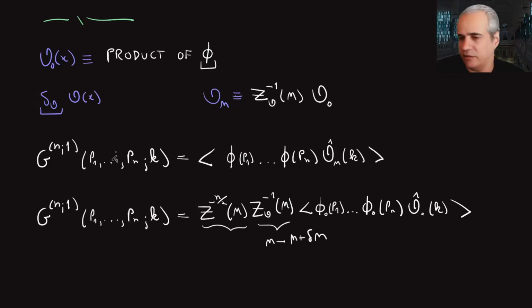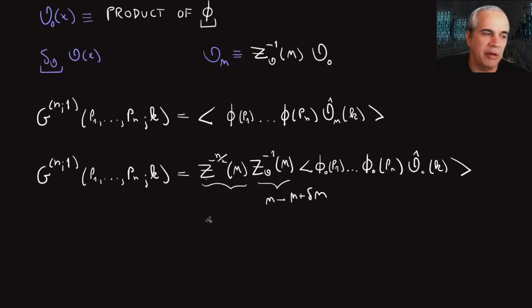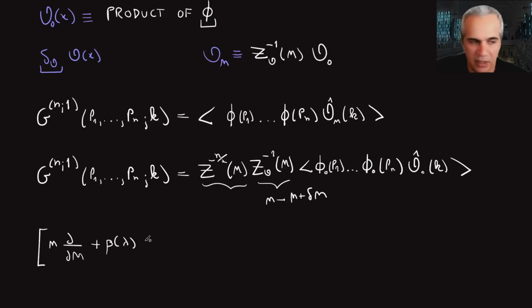That's not hard to do. I won't do everything again, but we could follow the same procedure we did for the Callan-Symanzik equation, and you can probably even guess the answer. It will be very similar to what we had. So nothing changes in the part where you have the dependence on the renormalization scale. You have some beta function, and here I'm assuming there's only one coupling in this theory for now.